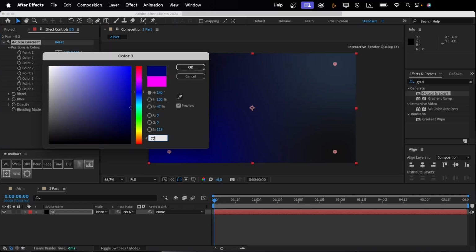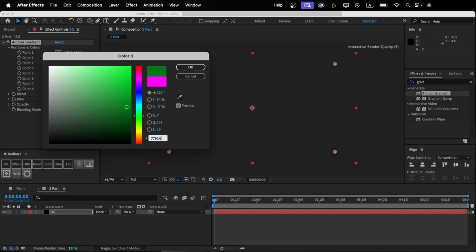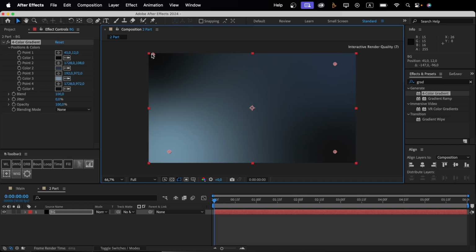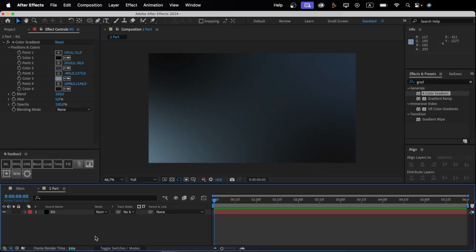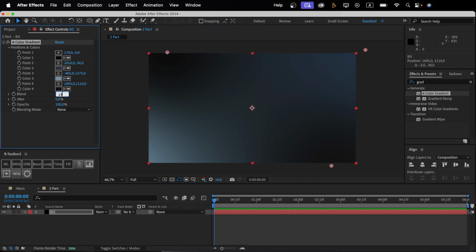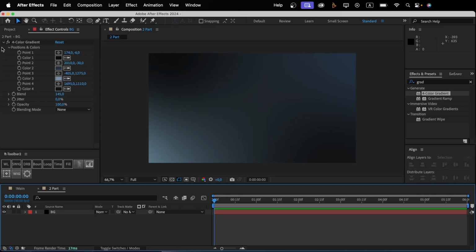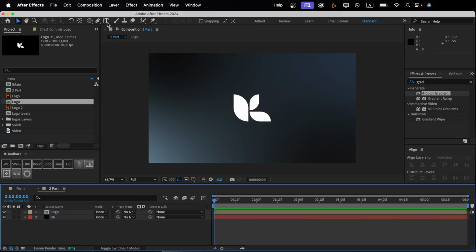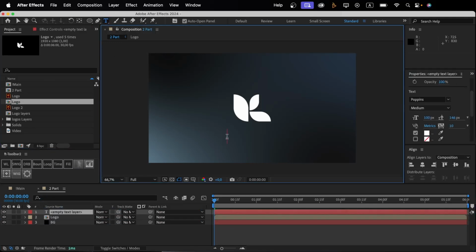And for the third one, I'll set this color. Now let's move the points around until the background looks more balanced. Perfect, and finally, set the blend value to 145. Now, drag the logo layer into this same composition. Create a text layer, align it,